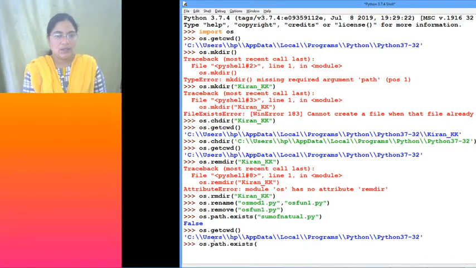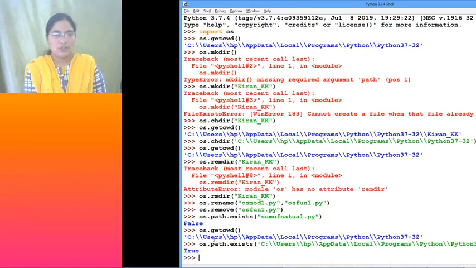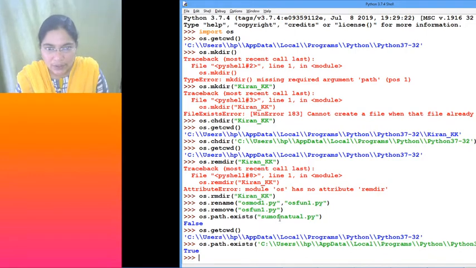Okay, in this folder, let us check os.path.exists. Okay, so let's give the complete path and check. Sum of natural dot py, right? So now let us check, it is true. So here what is the error here? Here, natural. See, natural I have typed. No, that is the, this file doesn't exist.